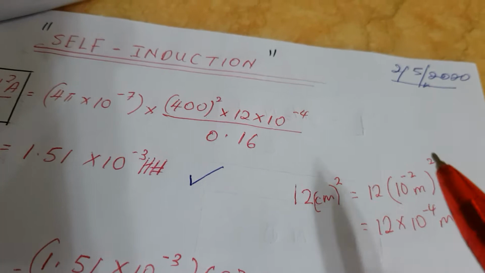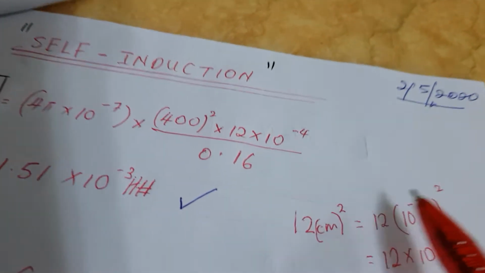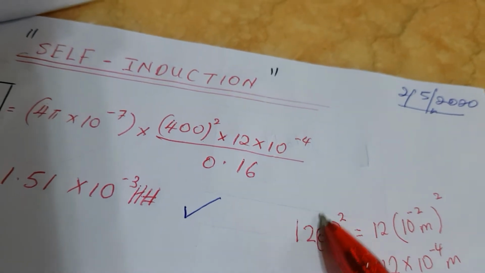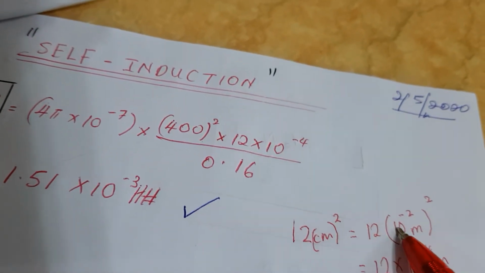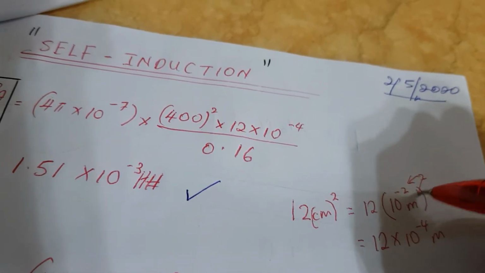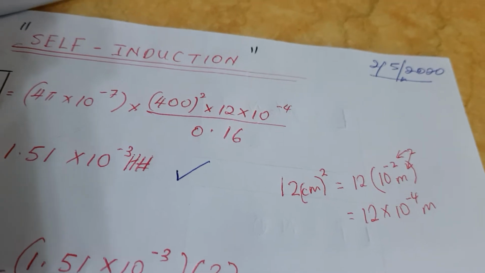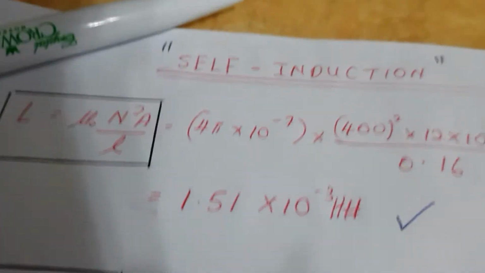Whenever you get anything centimeter square or millimeter square, just imagine there is a bracket between the value and the power. Then you convert that and you multiply inside. So this number 2 will be in 2 places, power 2. You can use this method for everything. Okay, thank you. Next here then, if you look here,